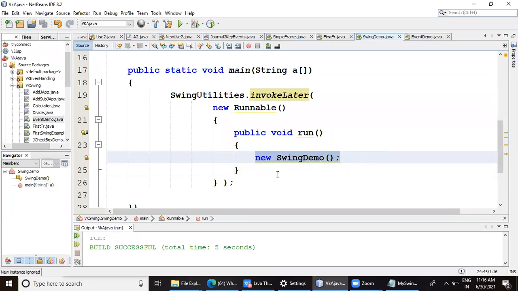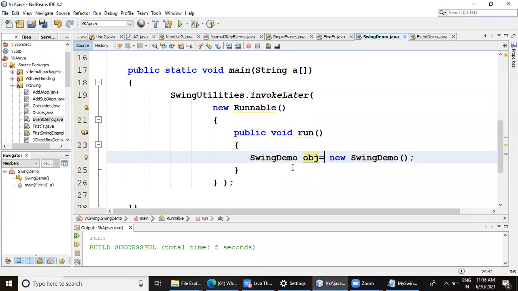Yesterday someone was asking me a question here that a complete object is not created. Let me quickly tell you, whenever you create an object, you will be creating it like this, a complete object: SwingDemo obj equal to new SwingDemo.